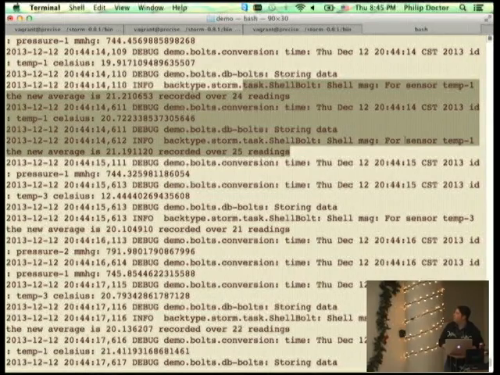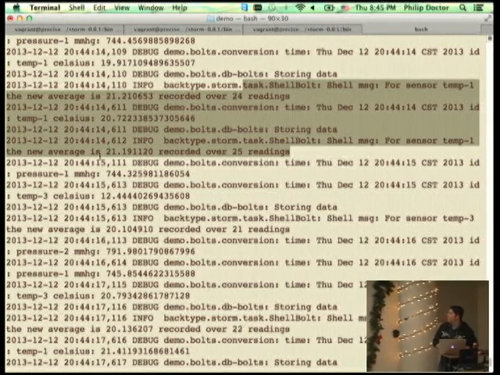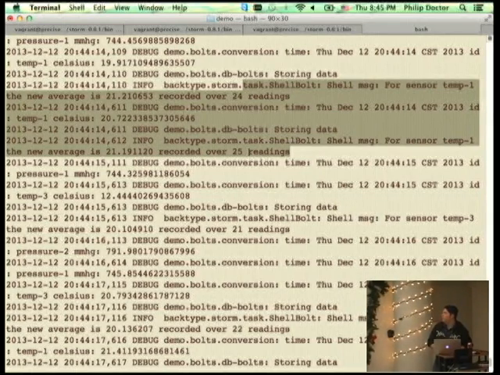And then the very next one, sensor temperature 1, the new average is blah over 25 readings. Theoretically, if it was going to two different locations, we wouldn't have seen an increasing count; we'd see temperature 1 is 21 and then temperature 1 is like 52 or something, because they would have gone to different places. But I submit this to you as some evidence that I did the right thing and piped them to the same bolt.